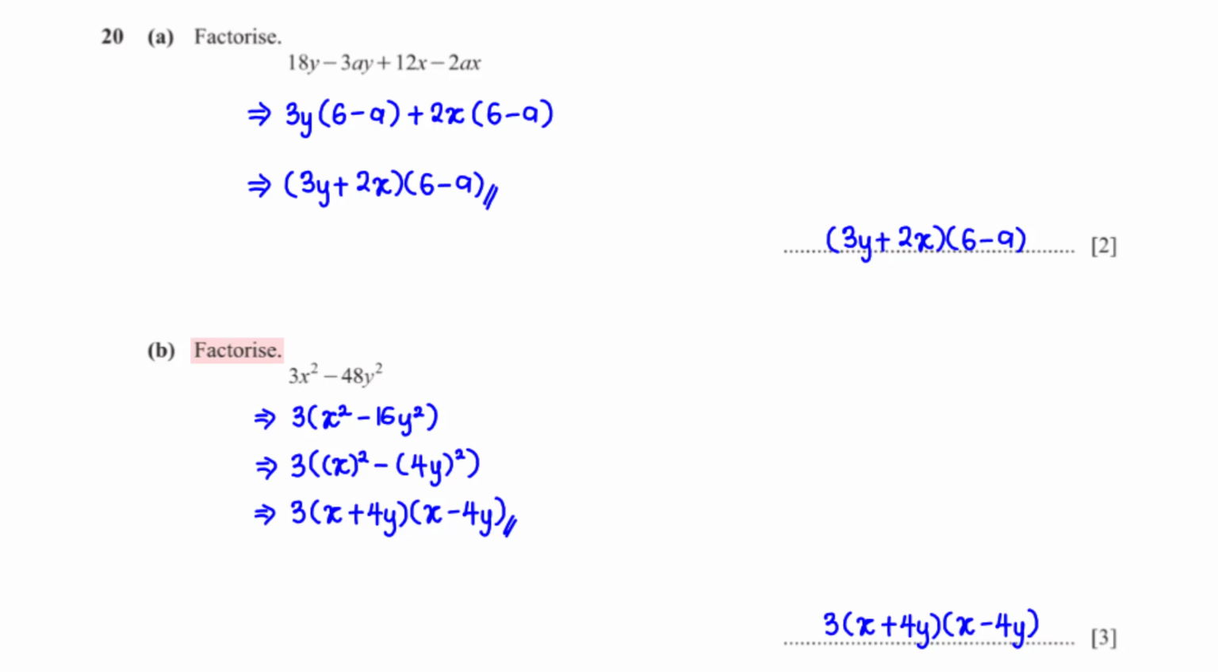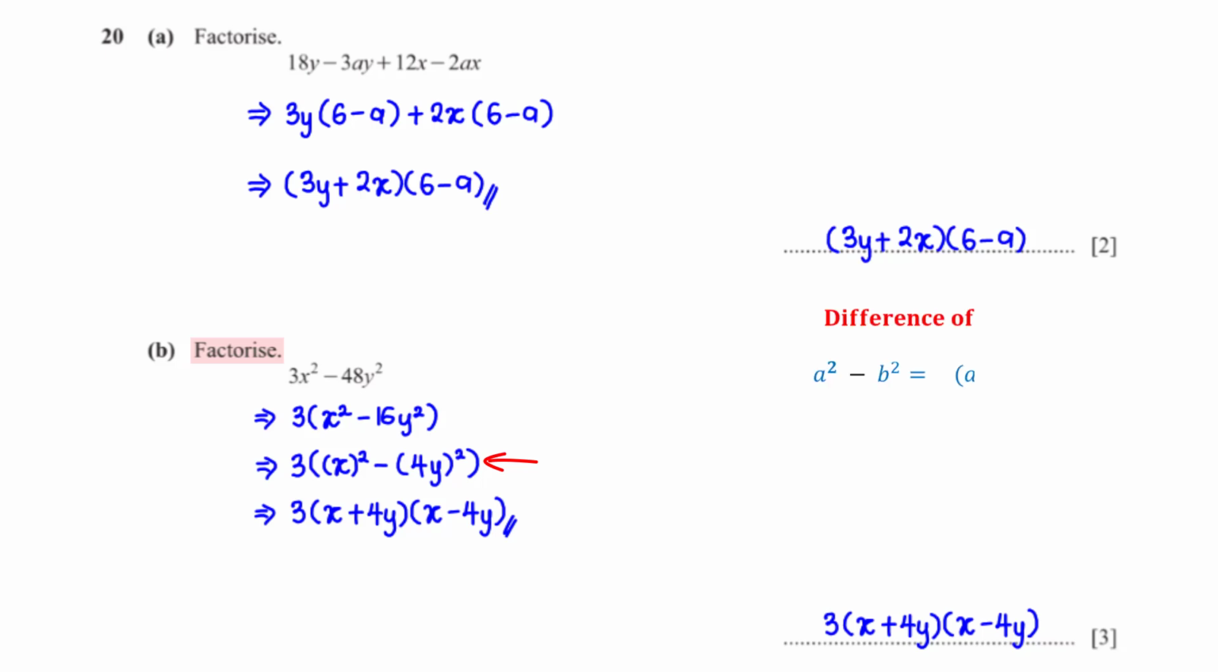Factorize 3x squared minus 48y squared. The two terms have a common factor of 3. When we factor that out, we are left with x squared minus 16y squared. x squared minus 16y squared can be rewritten as a difference of two squares, which is x squared minus 4y